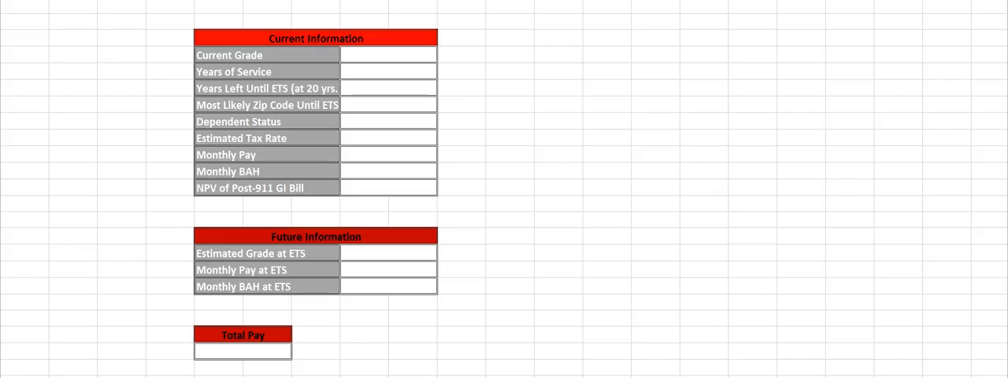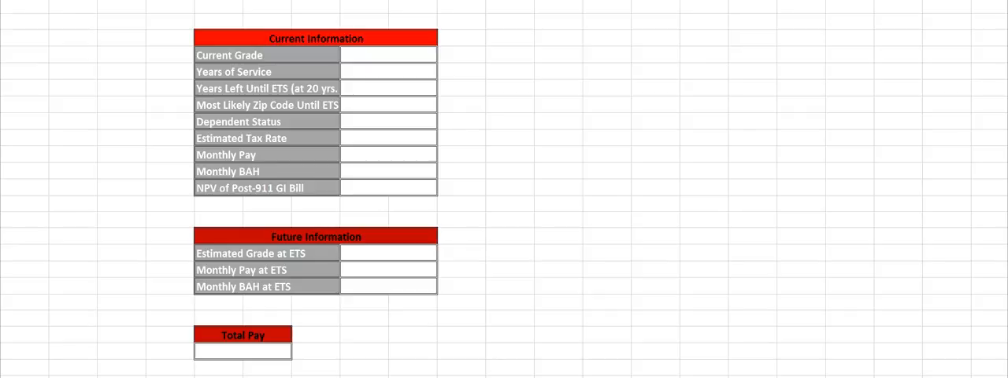This is the foundational spreadsheet model, Deliverable 1-2. On this initial spreadsheet, we have the inputs for current information as well as future information. For current information, we can put in the current grade, current years of service, years left until ETS at 20 years, most likely zip code until ETS, dependent status, estimated tax rate, monthly pay, monthly BAH, and NPV of post